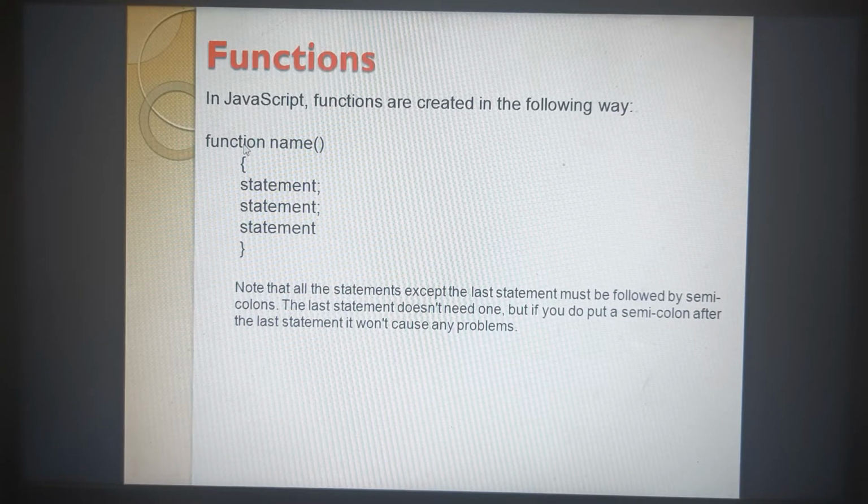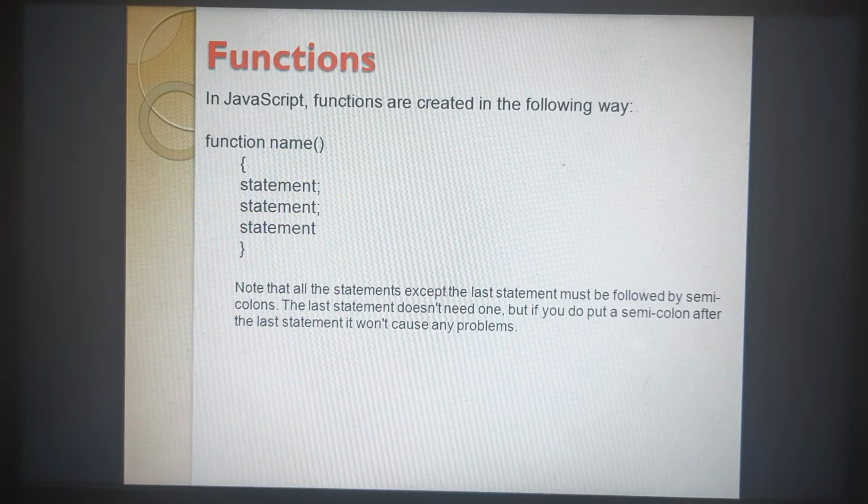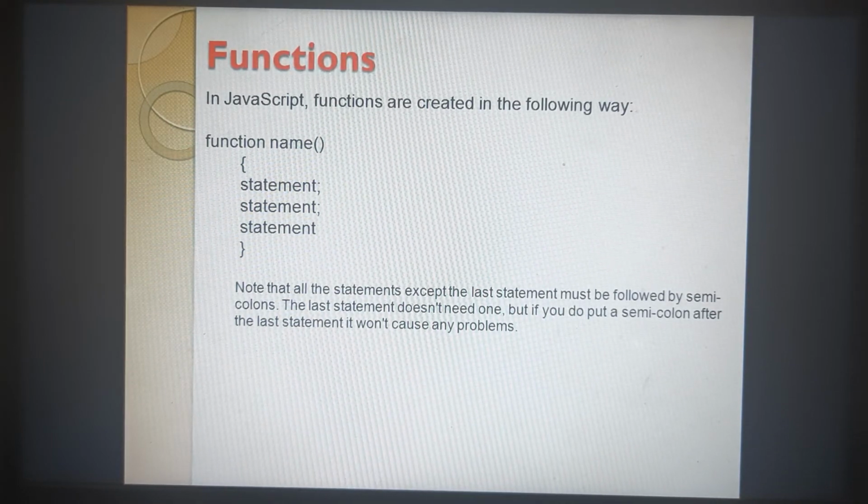The function is a keyword over here, and the name is the name of your function, and it should be followed by opening and closing parentheses. If you have an argument list, meaning you are passing any value to your function, you may also mention that argument list in these two brackets. The opening curly brace indicates the beginning of the function and its set of statements, and the closing curly brace indicates the end of the function.